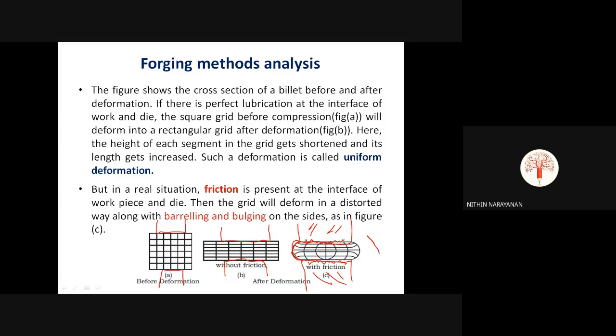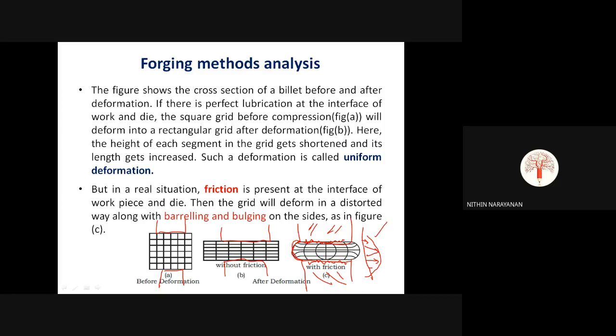So this curve you might be familiar with. You might have studied it in your fluid mechanics, because we know that when fluid moves through a pipe, it will have a semicircular shape like this, because near the boundary of the pipe the resistance will be more. At the center of the pipe there will be no resistance. So the velocity of the liquid at the center will be more, and near the pipe boundary it will be less. So we are getting a semicircular profile like this.